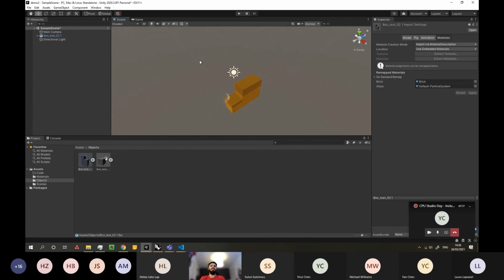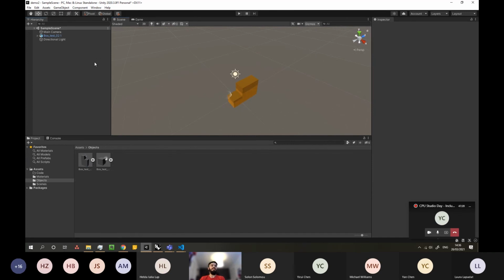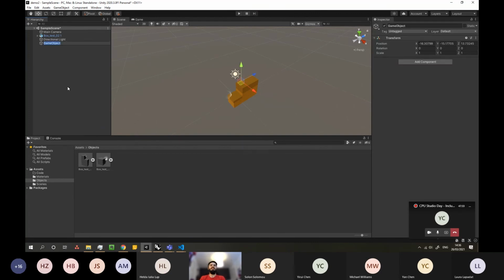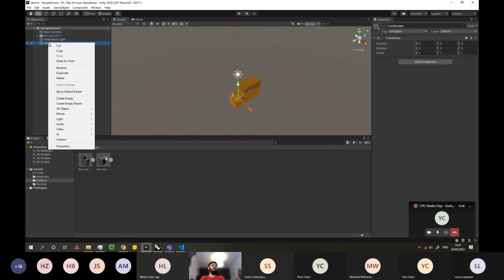Another thing that you might want in your scene is a floor. As well as importing objects like that, you can also go into your hierarchy, right click somewhere and add 3D objects. We've got plenty of things in there. But you can also add what's called an empty, and that's basically just a group. So if we create something in there called landscape. And if you create an empty, it's best to set it to 0, 0, 0, which will just make things easier. Then you can right click on this empty that you've created, go to 3D object, go to plane,